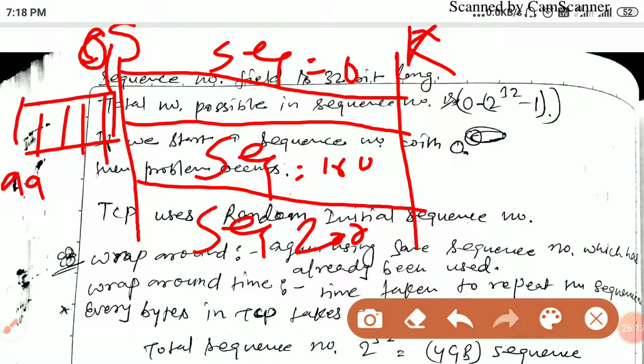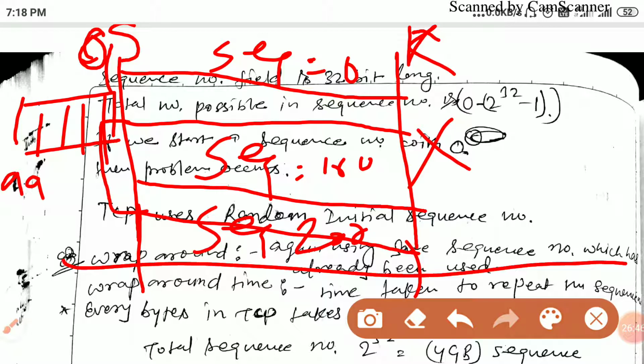So the second packet is 100 to 199, and the third packet is 200 to 299. Now suppose this second packet is lost, and after the timeout timer, the sender sends the same packet once again, and after that this connection is terminated.